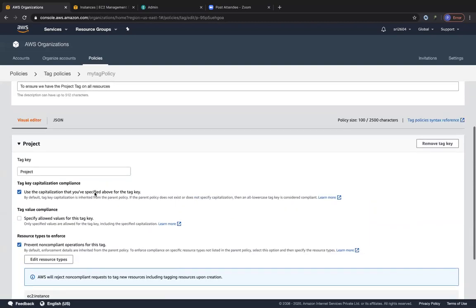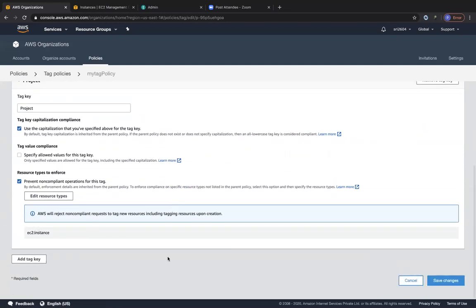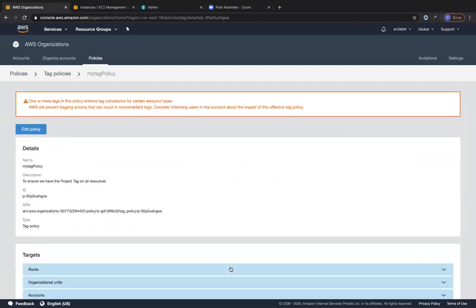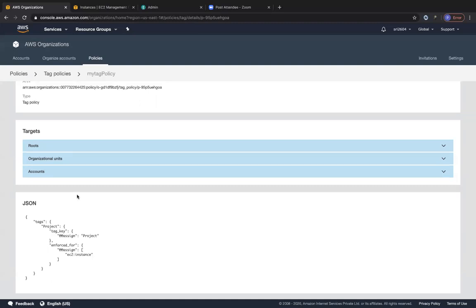So if we go ahead and enable this tag policy, what this does is it allows us to specify this tag policy on that particular resource, and it tells us the compliance status of that resource, whether that resource is compliant or not. You can see over here, the tag key that we have assigned is project, and it's enforced for an EC2 instance, right? So we can get a report of all of our EC2 instances that are adhering to this tag policy. This is to enforce that you have compliance across your AWS account, and you can find out those individual EC2 instances that do not adhere to this tag policy, and then you can ask those respective team members to add the tag so that you enforce compliance across your AWS account, right?